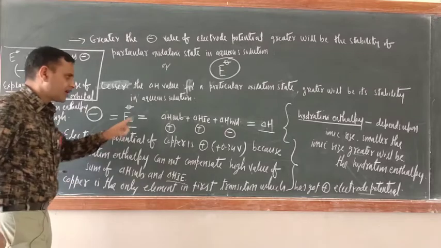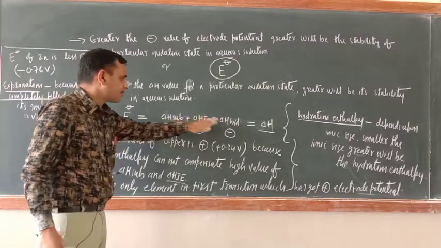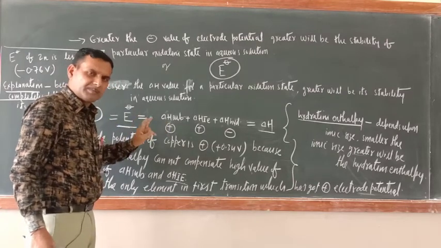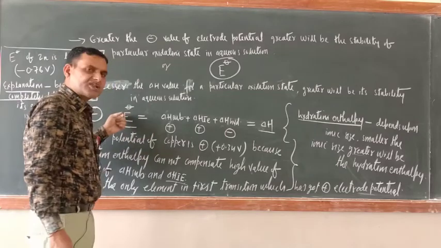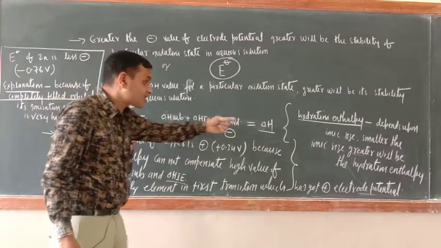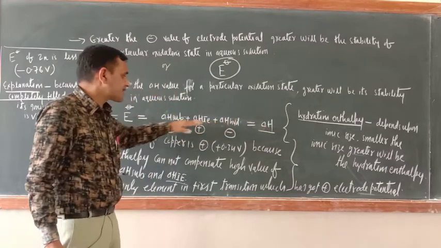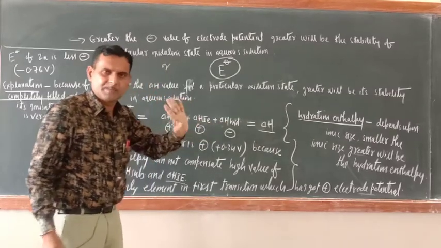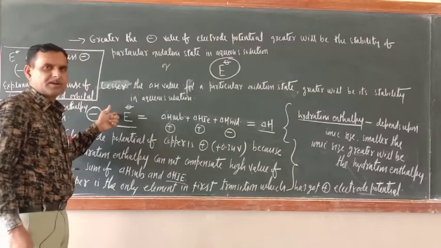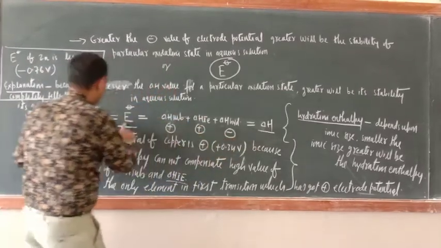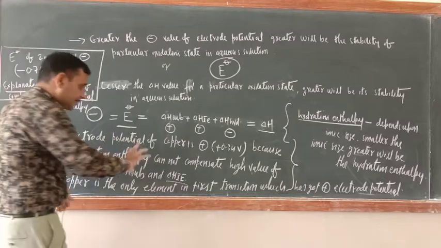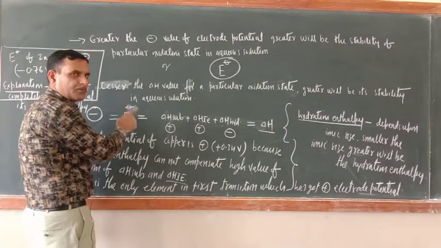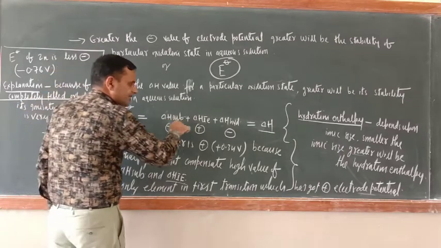Now there is one more thing. Just now I told you that if you sum these, you will not get this electrode potential exactly, but I have explained on the basis of this only. Remember one point: this is a qualitative value, this is a quantitative value. So by this summation and subtraction you get the delta H value, and delta H is related with this one. So this is quantitative, this is qualitative, but we have to explain on the basis of this only. Why their electrode potential is positive, why it is negative, on the basis of these three energies only.